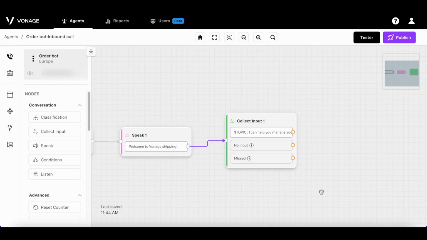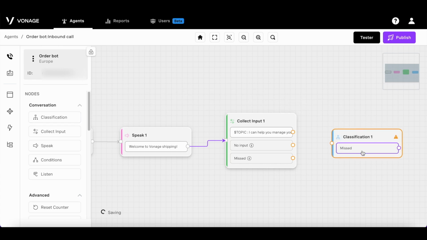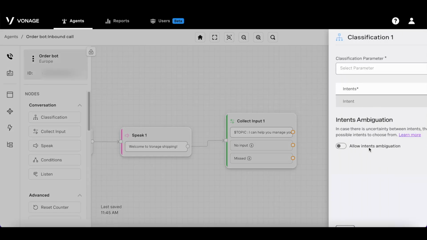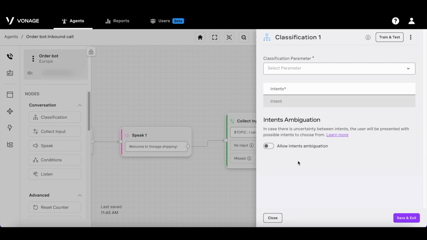Now we need to segregate user input. We can do this either using the classifications or the conditions node. For this use case, since we're using a sysAny type parameter, let's use classifications. The classifications node allows you to classify between intents. Intents and the training sets involved document all the different ways your user can say the same thing. For example, you can have an intent labeled car hire, and the training phrases can include rent a car for hire, car rentals, and so on.